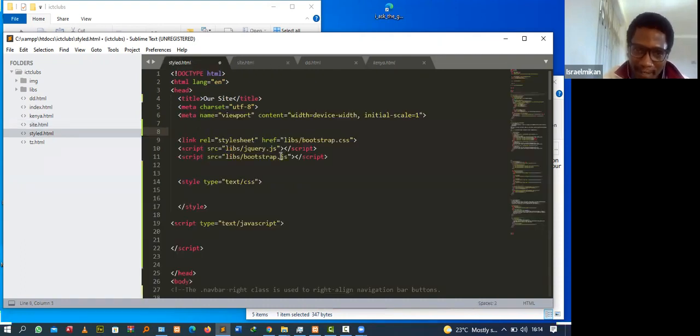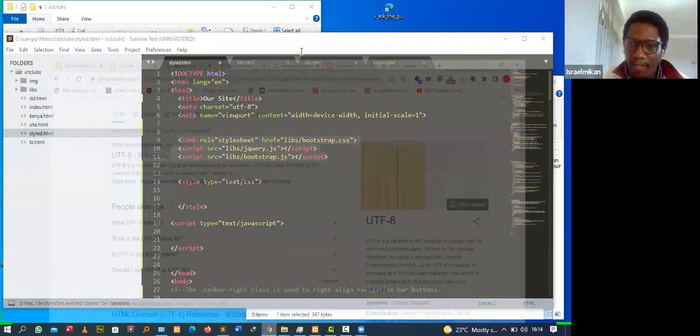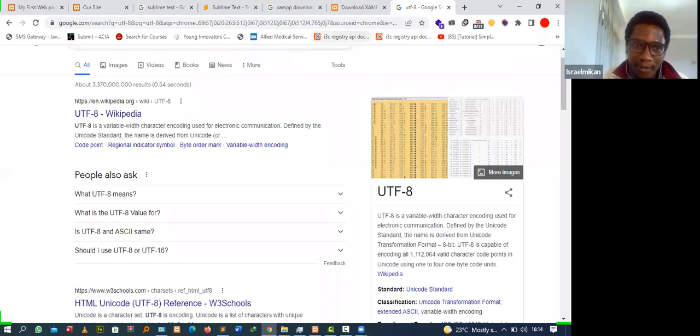So these are the libraries here. You just download them. They are already there on bootstrap.com. You just search here. I'm going to share all these files. You can just come here and say